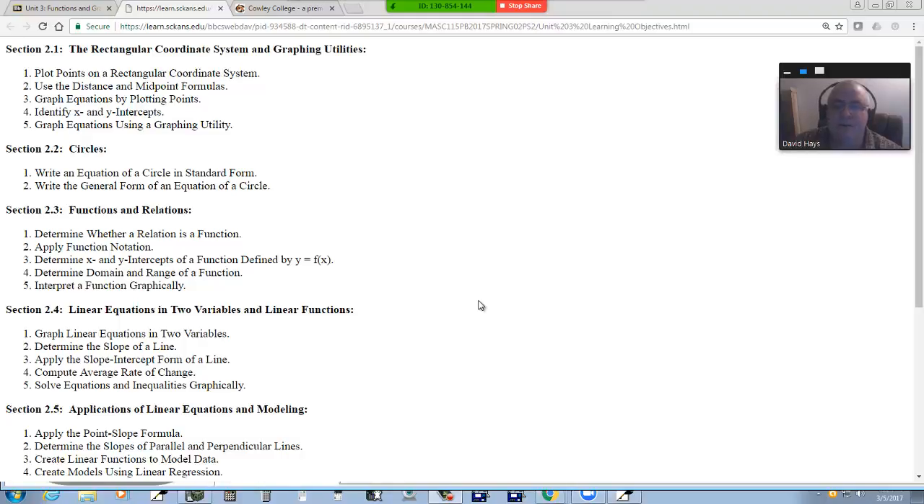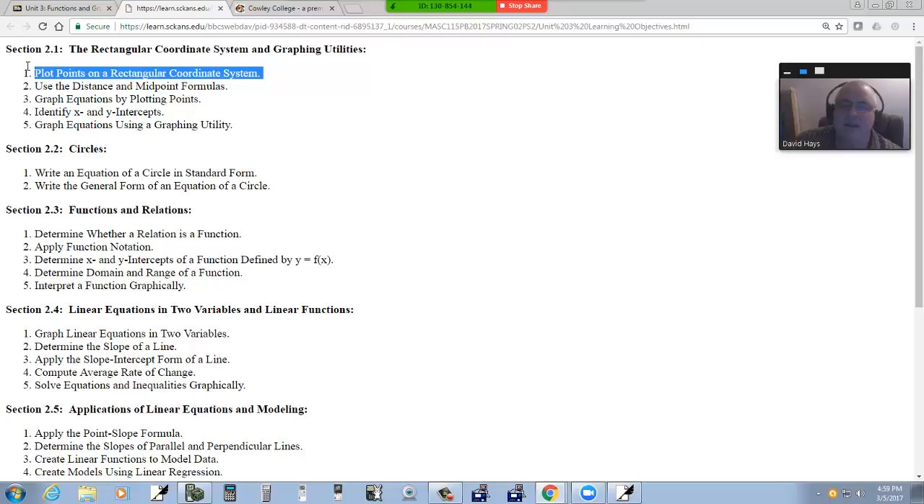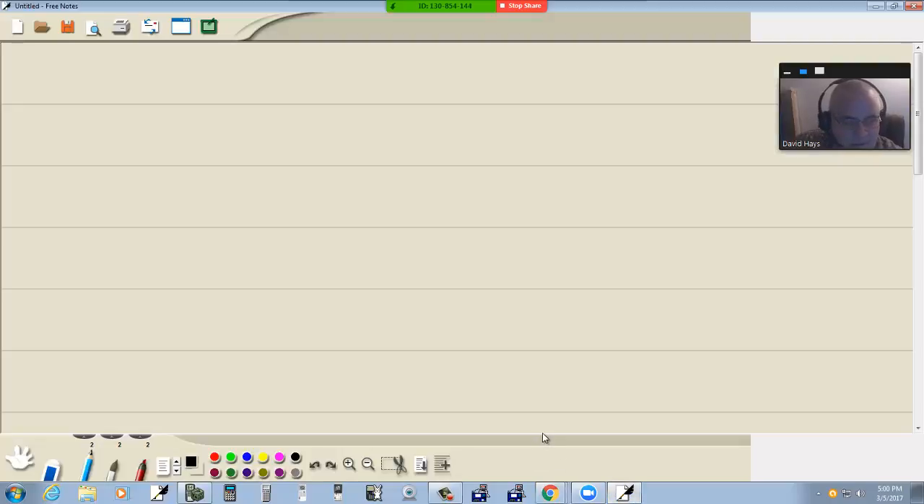Let's take a look at this unit. Our first section is about the rectangular coordinate system and graphing utilities. And first topic is plotting points on a rectangular coordinate system. Now, a rectangular coordinate system looks like this,